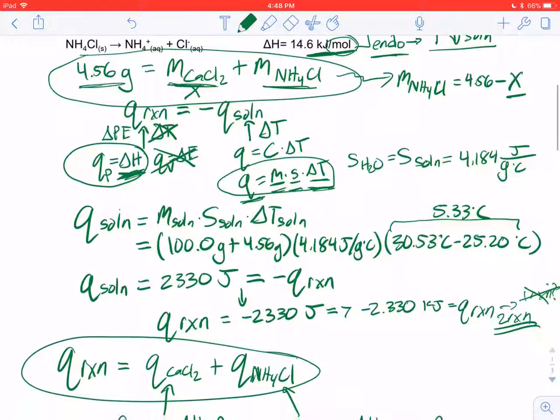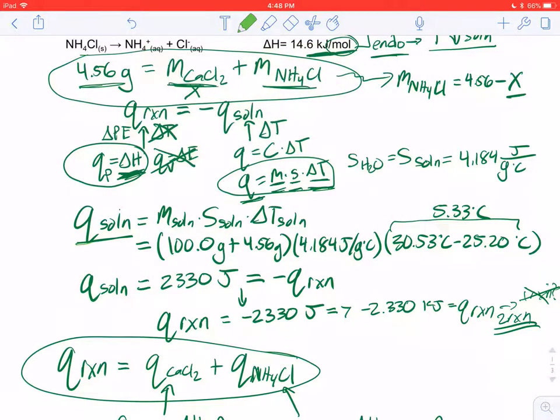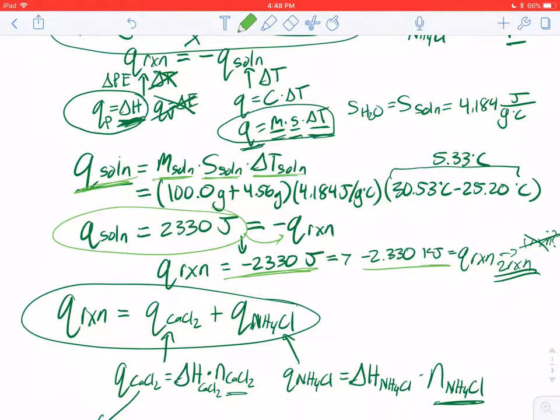And so we were able to find the heat of our solution here by identifying the mass of our solution, the specific heat, and the change in temperature. So then once we found the heat of our solution, we know that's equal and opposite to the heat of our reaction. So we found the heat of our reaction. And then just to save a conversion step, maybe mistake later on, we noticed that our enthalpies are in kilojoules, so we converted that to kilojoules. Now again, we realize that there's two reactions. So this total amount of heat came from